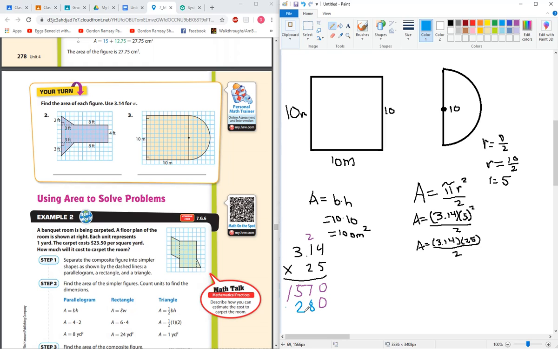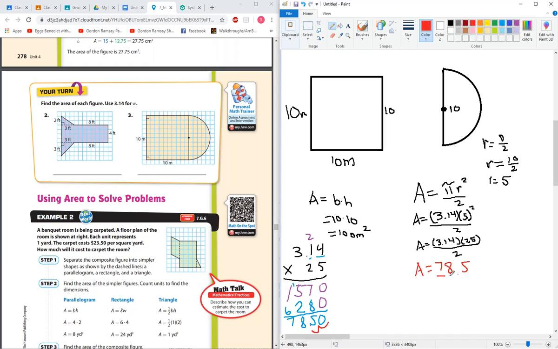And 2 times 3 is 6. So we got 0. 7 plus 8 is 15, carry the 1. 5 plus 2 is 7, plus 1 is 8. And, oh, no, you don't need to carry 1. And 1 plus 6 is 7. And then we use 2 decimals in the problem, so we have 2 decimals in the answer. Right there. So the answer is going to be